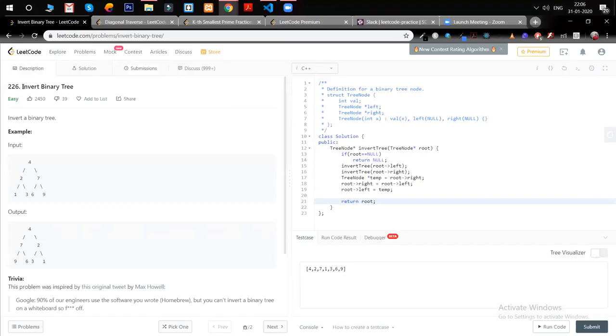The first problem was invert binary tree, and it's from the easy bucket. The question is pretty simple and clear, as we just have to invert the binary tree. Invert here means we have to create a mirror image of the binary tree. If we have a mirror, then we have to replace 2 with 7 and 7 with 2. Similarly for the other children, we make the right child the left and the left the right. A simple mirror image. You can see it more clearly in the example here.